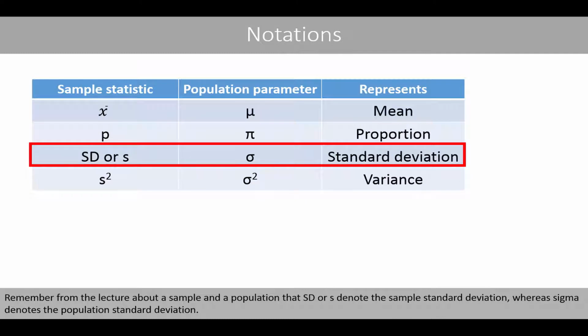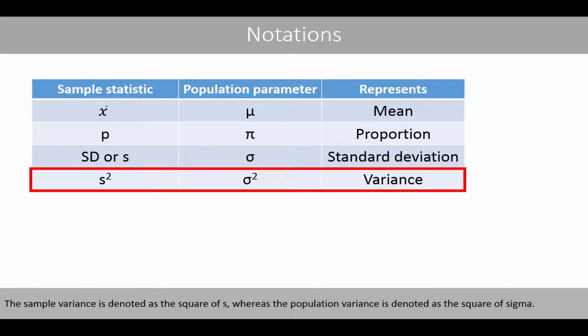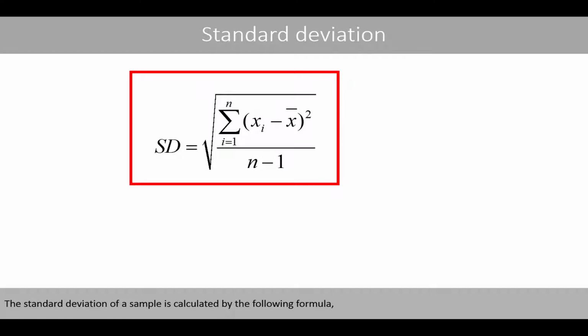Remember from the previous lecture about the sample and the population that SD or S denote the sample standard deviation, whereas sigma denotes the population standard deviation. The sample variance is denoted as the square of S, whereas the population variance is denoted as the square of sigma. The standard deviation of a sample is calculated by the following formula,